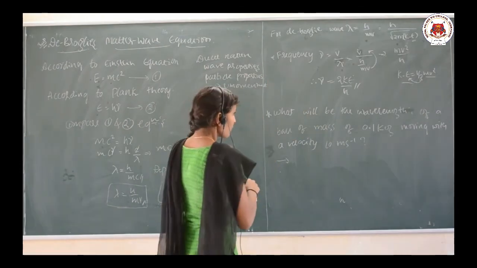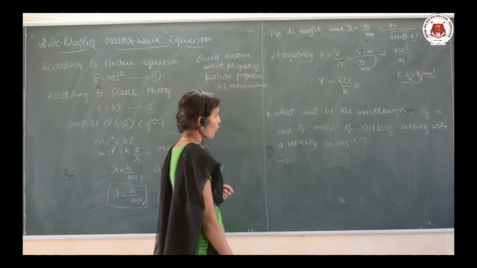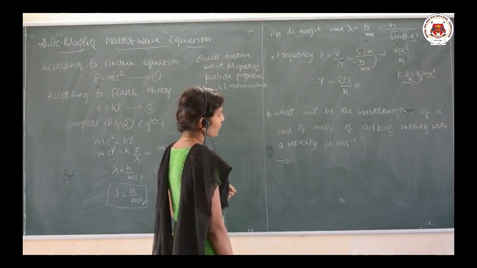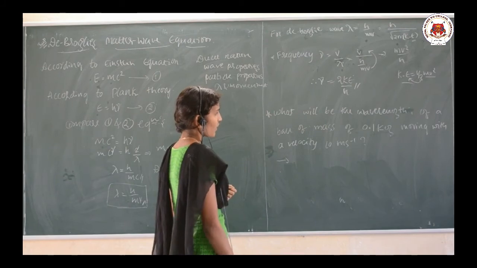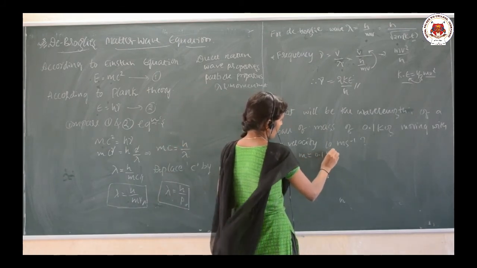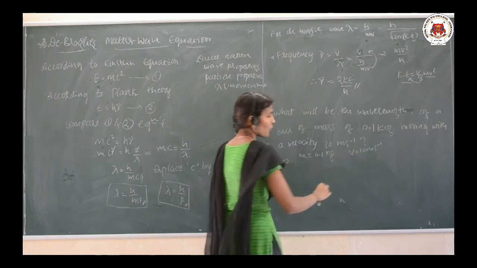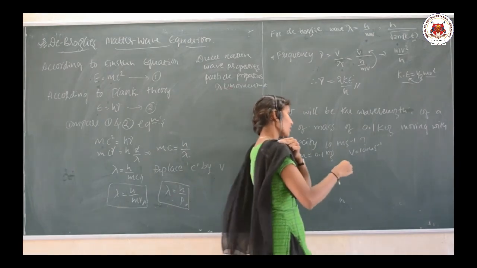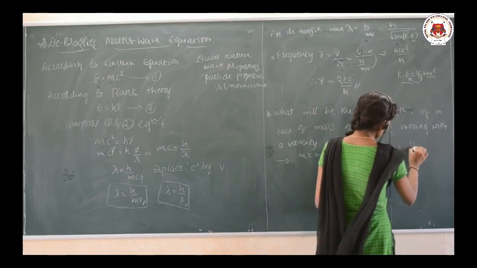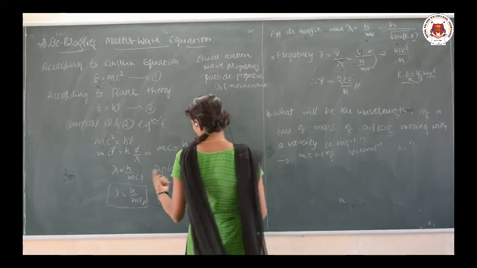Here, what will be the wavelength of a ball of mass 0.1 kg moving with a velocity of 10 meters per second? So, they have given the mass and the velocity. What have they asked to calculate? They have asked you to calculate the wavelength. So, I do not know the wavelength lambda. Clear? So, now according to de Broglie's equation,